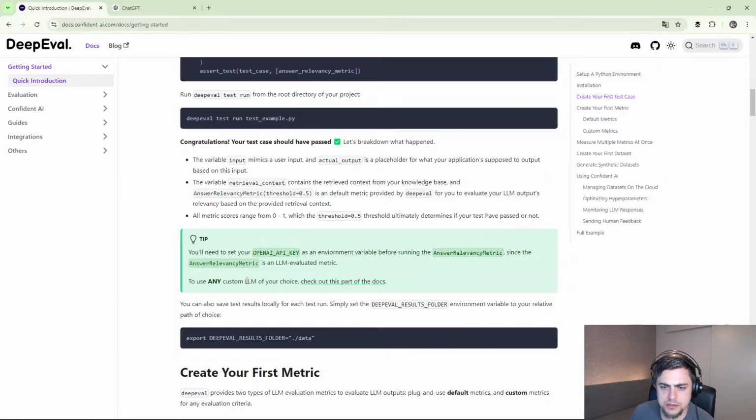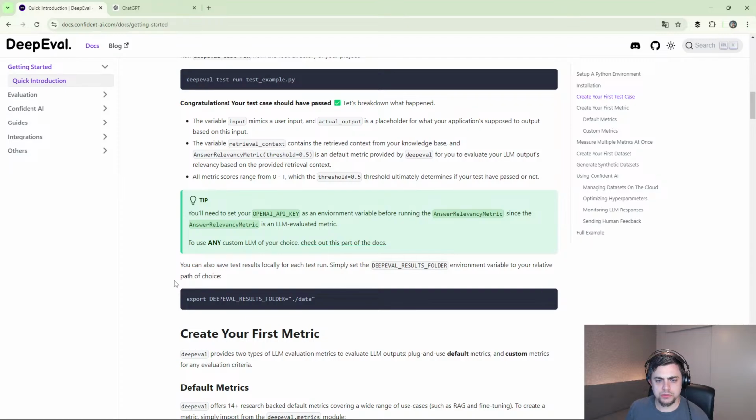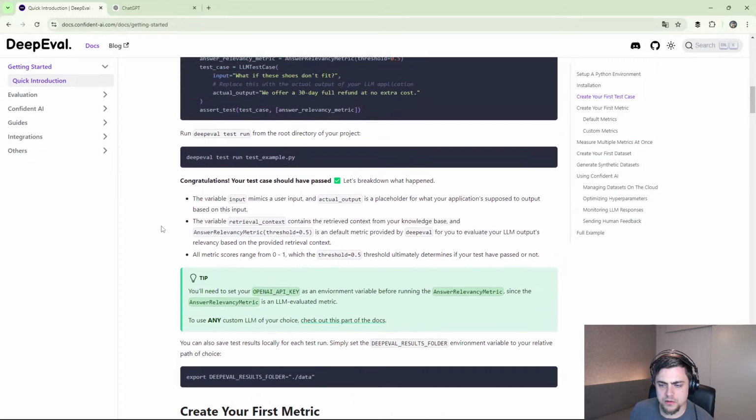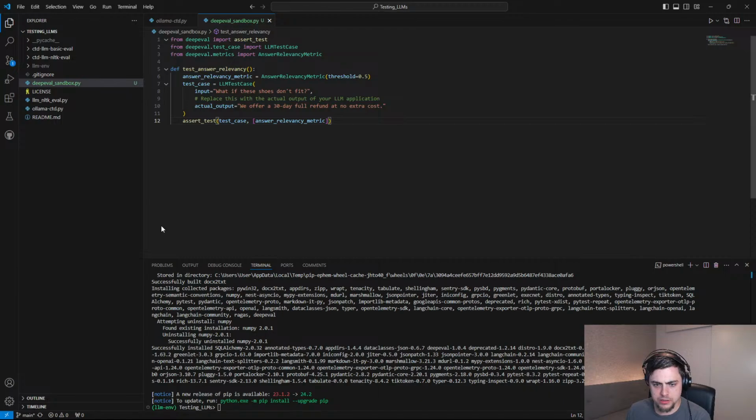To use any custom, check, okay. And you can also save the results locally for each test run. Simply set the DeepEval results folder environment variable to your relative path of choice. Nice, okay. Before we start